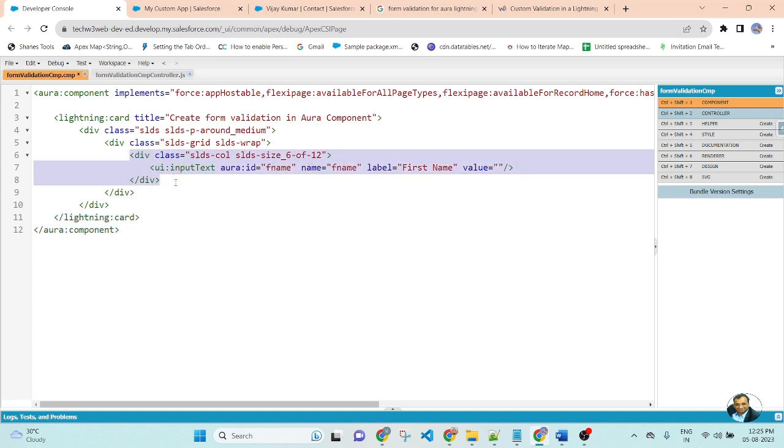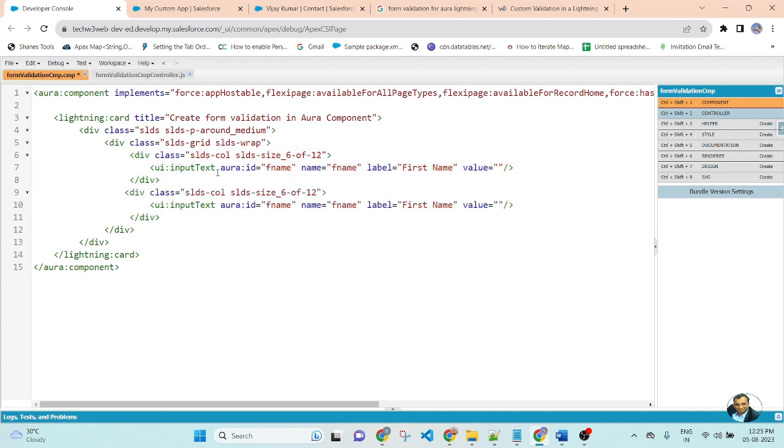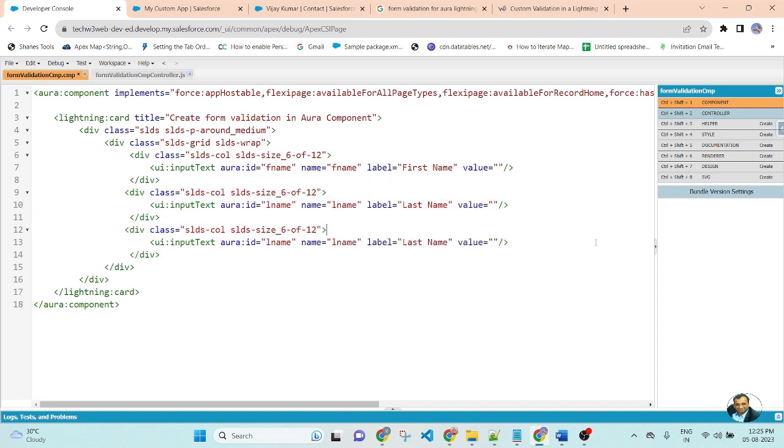Copy this div, create another div for the last name, lname, and this is the last name. Copy this div, paste here. This is for email, and this is for email, name and label will be email.